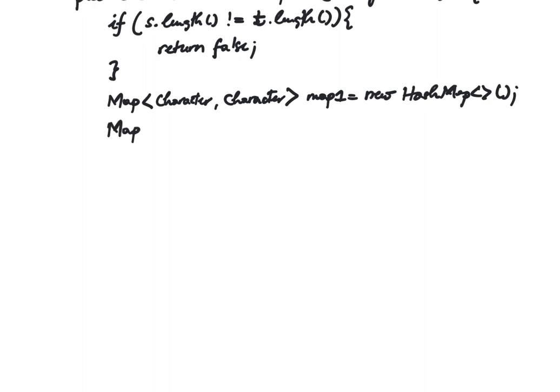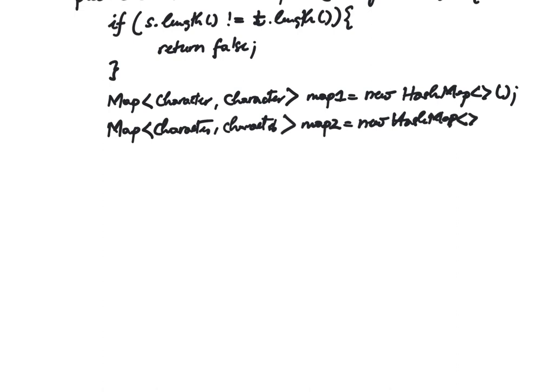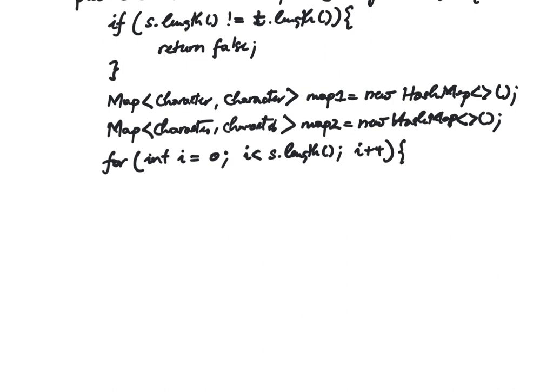Do the same here, map of character, map2 is equal to new HashMap. So now we traverse the two strings, for int i from 0 to i less than s dot length. You have char c1 is equal to